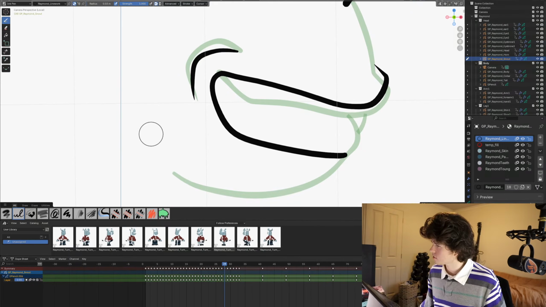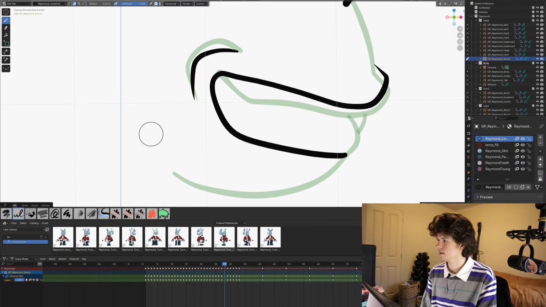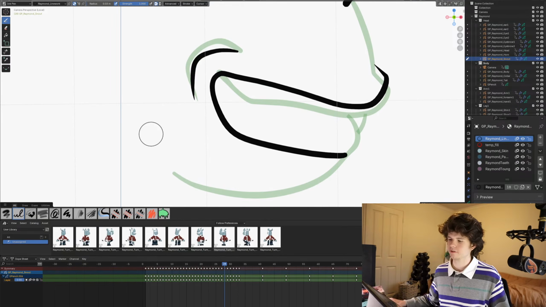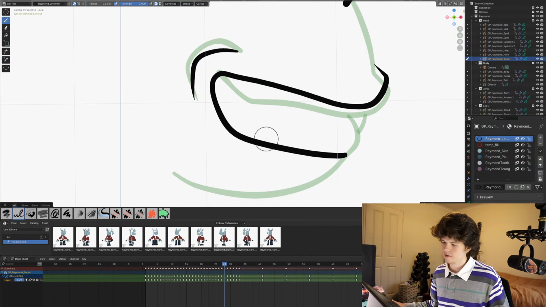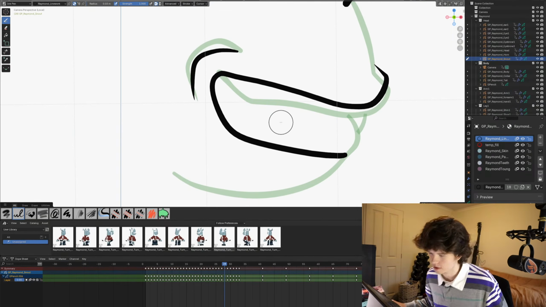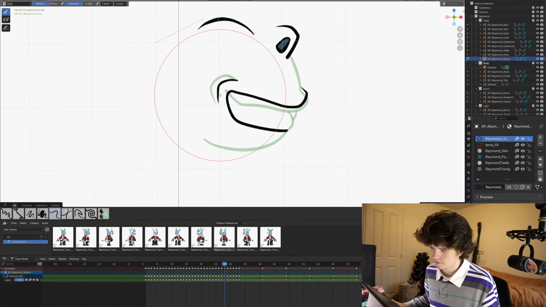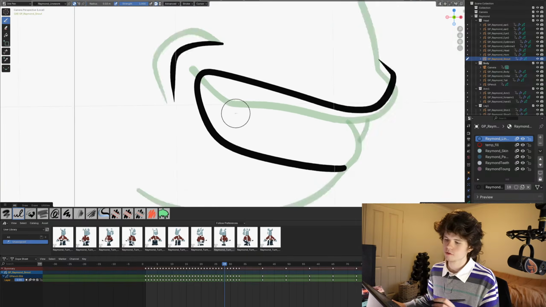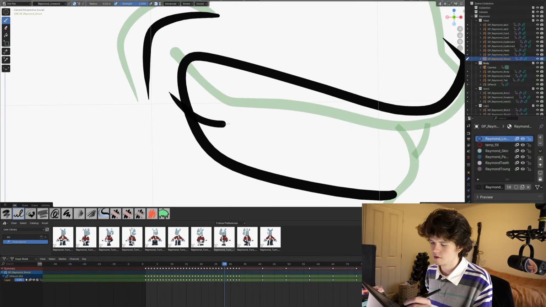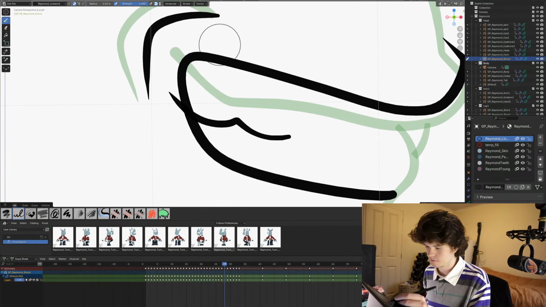But I find making a 360 character in Moho is error prone and very, very frustrating, always having to snap back to the bone layer without a hotkey. Yeah, no, that's fair enough. I think definitely in Moho, keeping it simple is the way to go for character rigs. And I think the difference between the way that you rig in Moho and the way that I'm rigging this character now